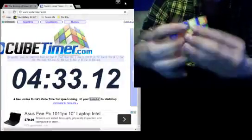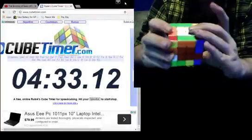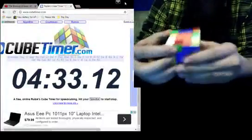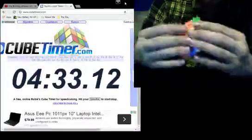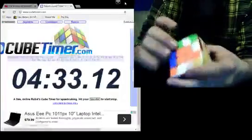Like I said, I'm ready to get into 5x5, 6x6, all that good stuff. It's going to be difficult. I actually got super pissed off trying to learn how to solve the 4x4. My cousin ended up buying these, and he ended up solving it before I could, and that's when I started